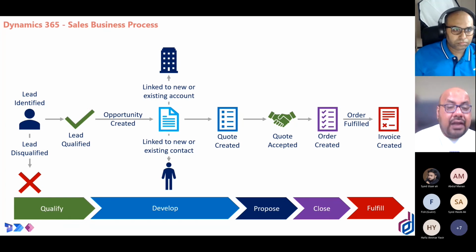So you are going back to the opportunity where you are going to update all of the product lines and services that you are going to offer. So it's again a linked process. You can follow it here. Then once the quotation is confirmed, the customer agrees and is happy with the pricing that you have quoted,